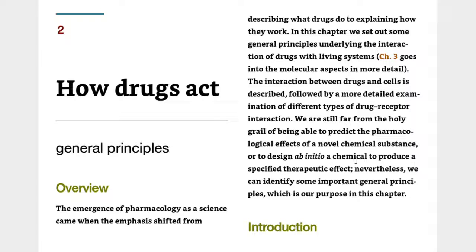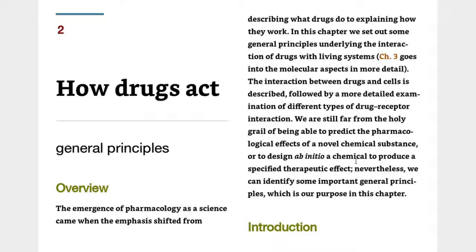How drugs act: general principles. The emergence of pharmacology as a science came when the emphasis shifted from describing what the drugs do to explaining how they work. In this chapter, we set out some general principles underlying the interaction of drugs with living systems. The interaction between drugs and cells is described, followed by a more detailed examination of different types